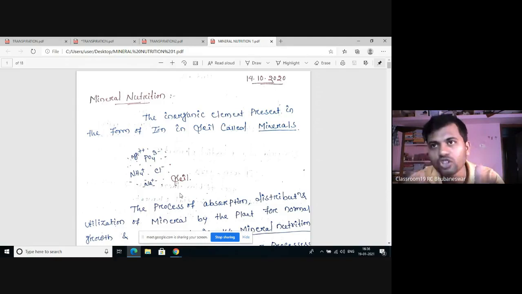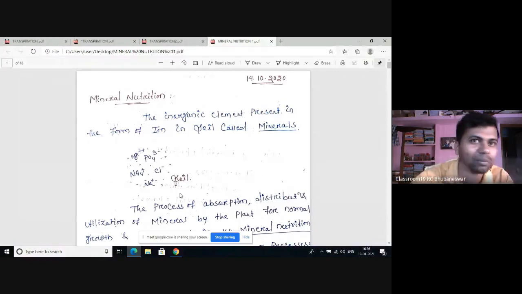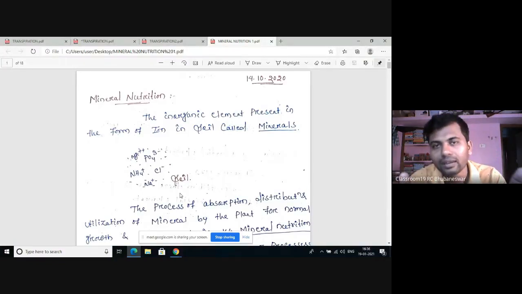Then, in the topic of anti-transpirants, I had also told you about the low viscosity waxes. Anti-transpirants are those compounds that generally reduce transpiration. They slow down the process of transpiration, but without affecting gas exchange. The plant needs oxygen and carbon dioxide and gases like that. And suppose, according to your question, you have 10 plants. Suppose you have coated 5 plants with the waxes. The waxes should be low viscosity waxes.